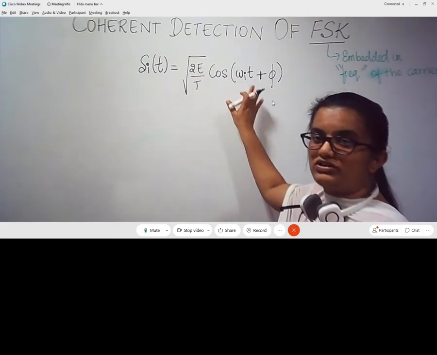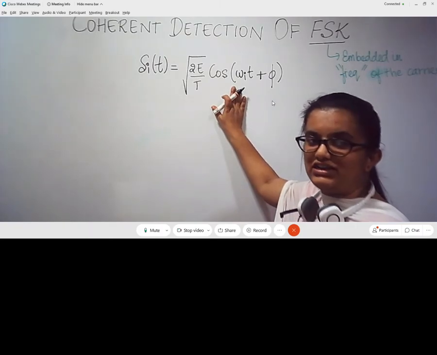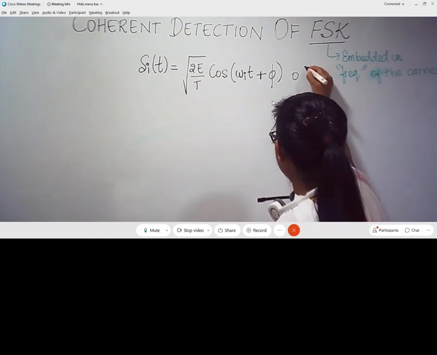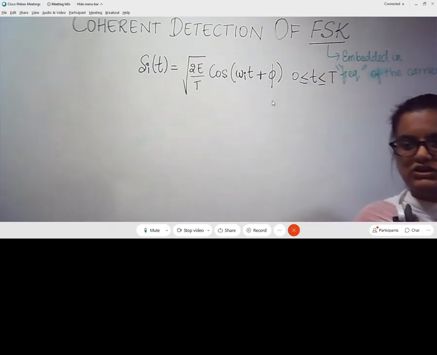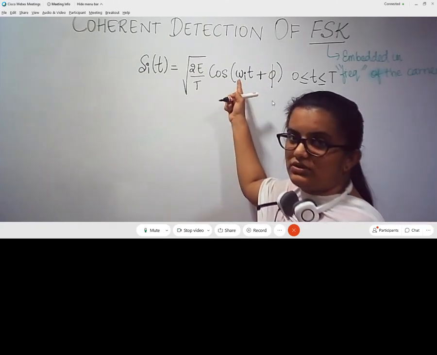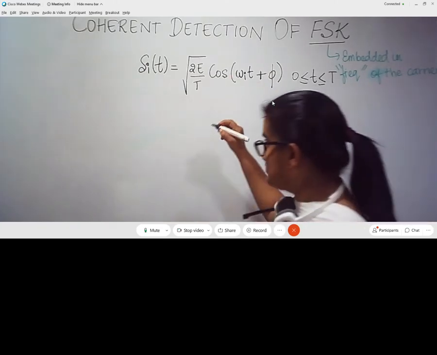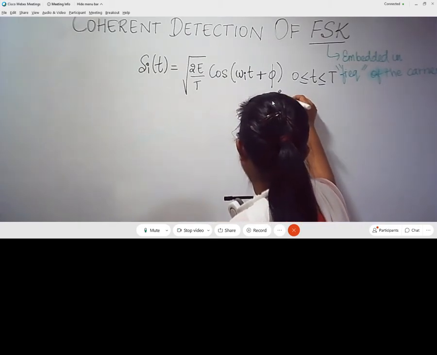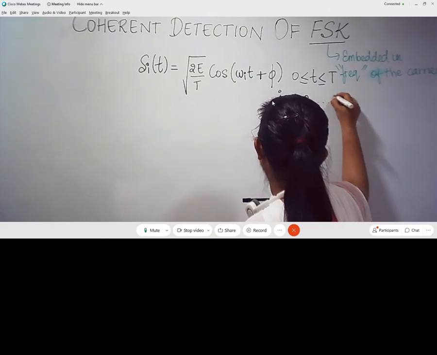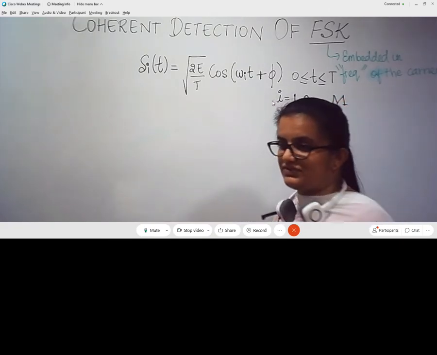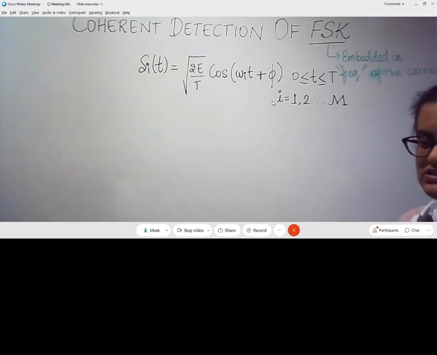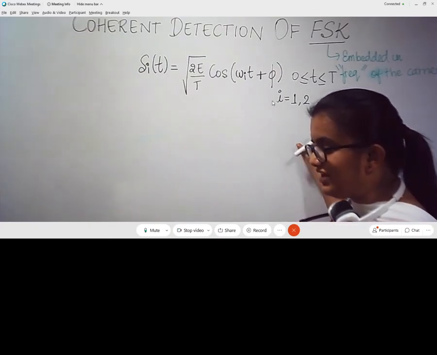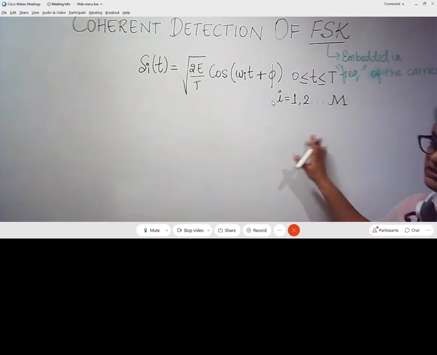This is the equation or the representation of the symbol in time domain, which is sent across the channel over the symbol period 0 to capital T. So within one symbol duration, one particular symbol is sent by representing it using one frequency. Similarly, i varies from 1 up to capital M, depending on the M-ary FSK that I am realizing, so many frequencies will be used in order to represent symbols S1, S2, and so on up to SM. So this is the general expression to define an FSK system.